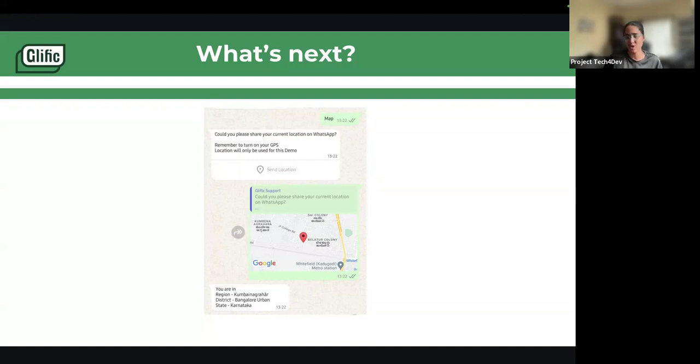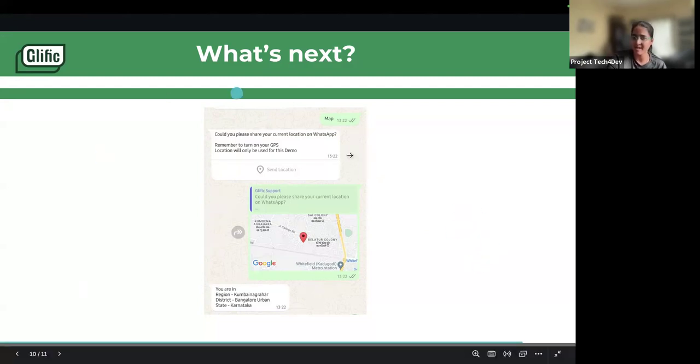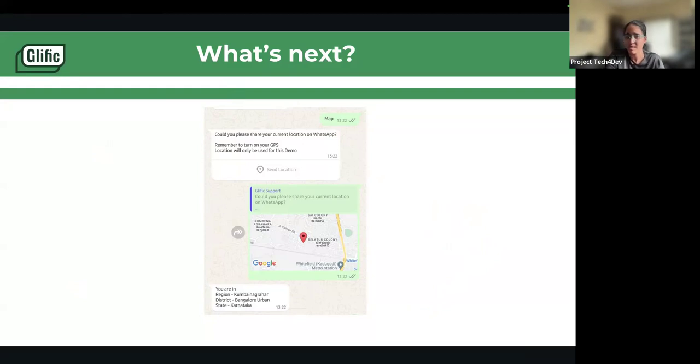So this is one feature that we are going to launch in this quarter, mostly by August, and you should be able to see it. Right now we have done it in a different way, but we'll try to make it more user friendly for you to implement in your flows. We still have a demo flow of this, which I'll be sharing with this recording. So in interactive messages, when you're creating an interactive message, you must have seen that apart from list and buttons, there's a third option called location.